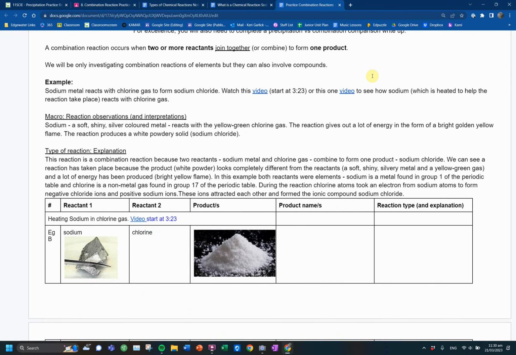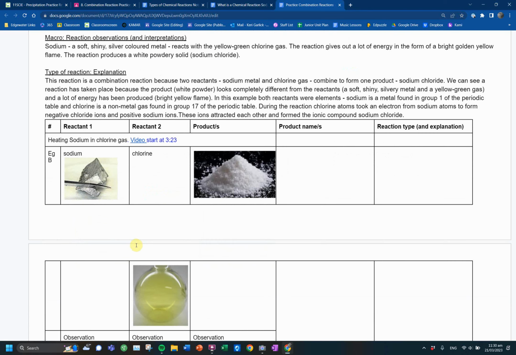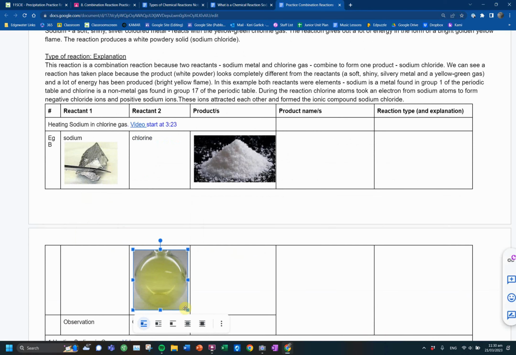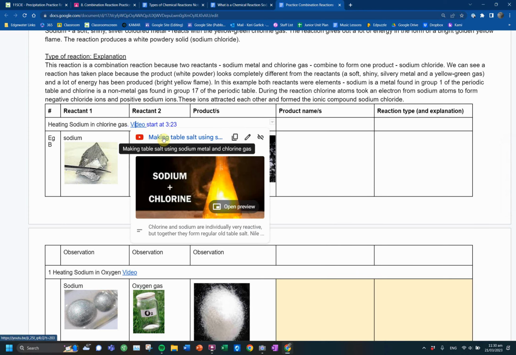So this is our example here. We are dealing with sodium, and we are reacting with, oh, made it a little bit too big. Now you can't see it anymore. There we go. With chlorine gas, and this is our product. We have a video to watch this reaction because unfortunately,